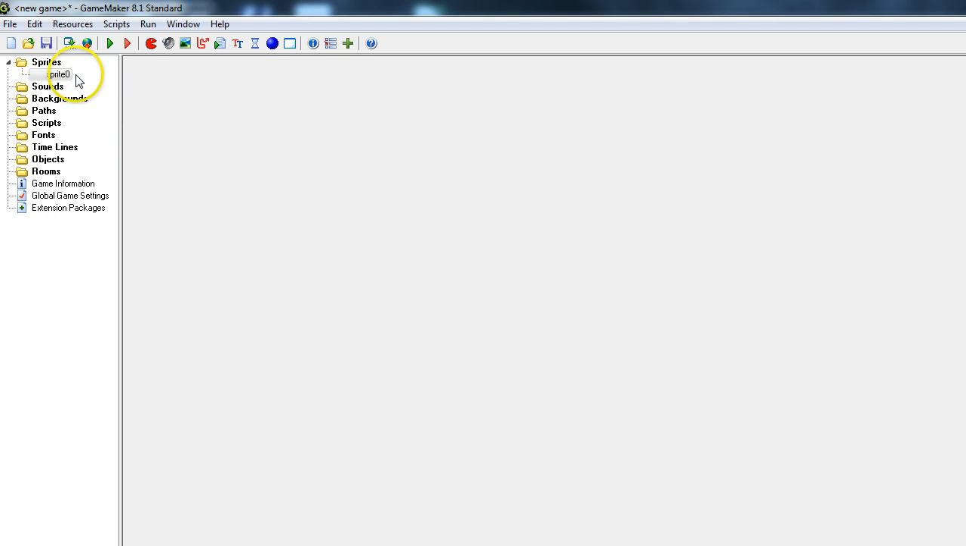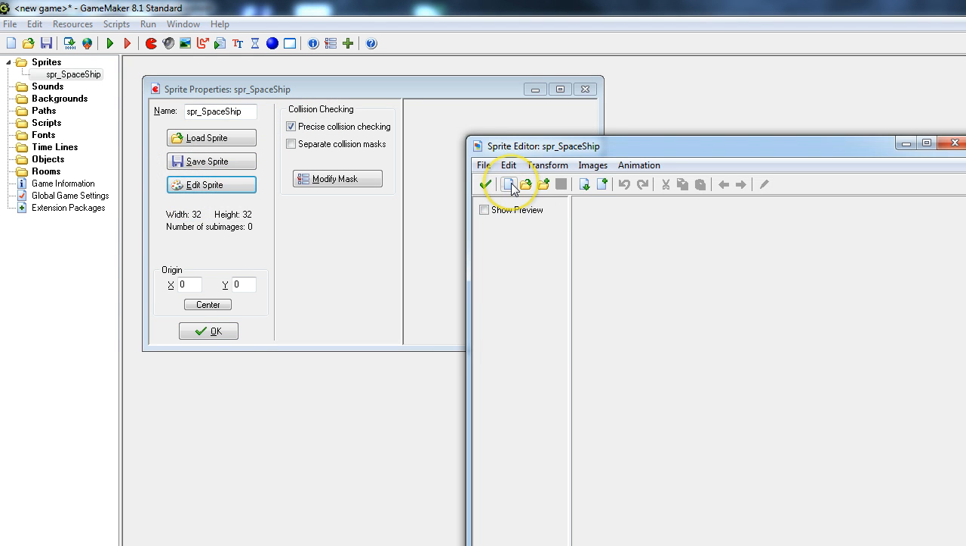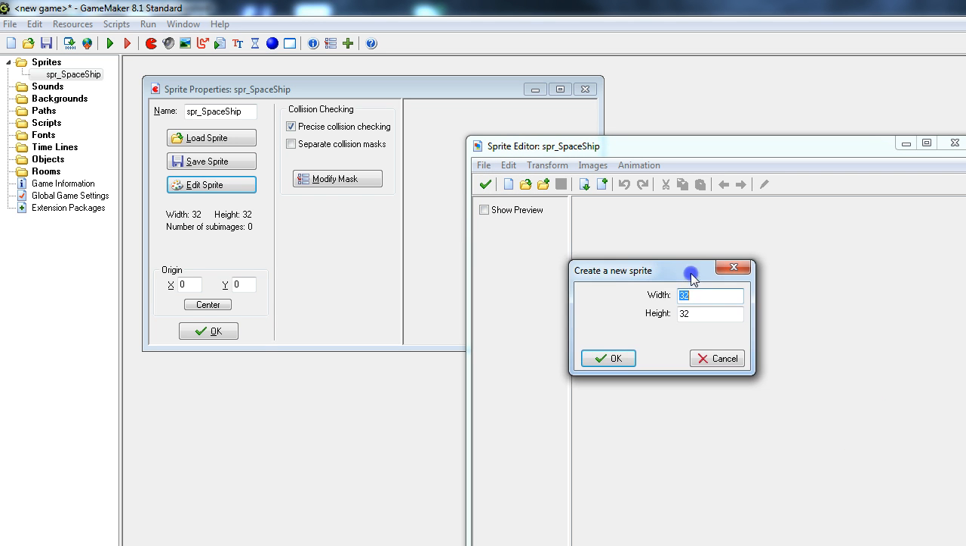Alright, let's start off by creating a sprite. We're going to need to call this sprite SPR bird. I might make it a spaceship. So SPR spaceship is going to be my spaceship, and I'm going to edit this. And like I said before, we're not going to worry too much about graphics at the moment. We're going to make this sprite 32 by 16,